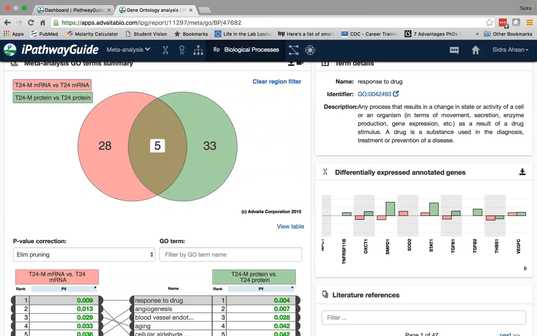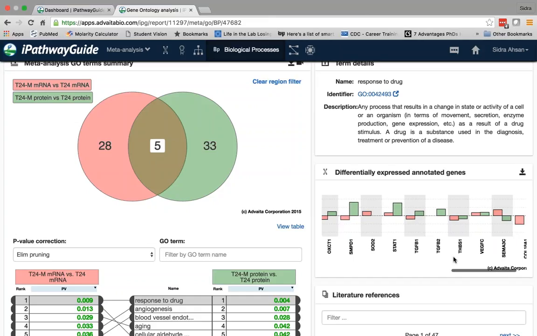What is interesting about TGF-beta1 here is that the mRNA is downregulated, however, the protein expression of TGF-beta is upregulated. So this is also something that might be of interest to someone if they wanted to do a mechanistic study to study why mRNA expression is down and protein expression is up specifically for TGF-beta. And then you also see VEGF-C here, which is another important protein in angiogenesis and metastasis as well.